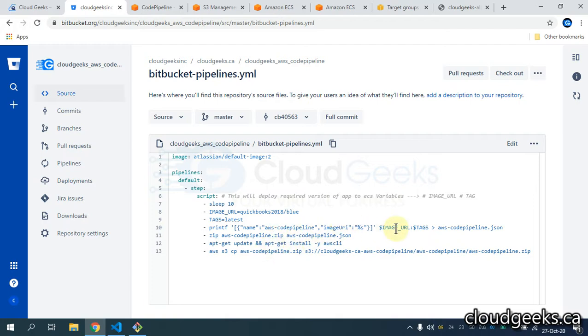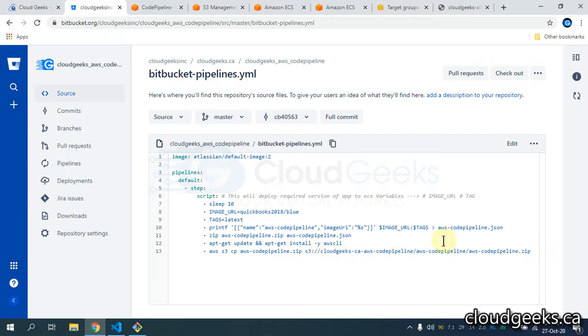We have a container with this name, and the URI is going to be this one, QuickBooks 2018 slash blue, and we are going to use the latest tag. The zip is going to be created automatically and pushed to our S3 bucket. So let's try to run the pipeline.